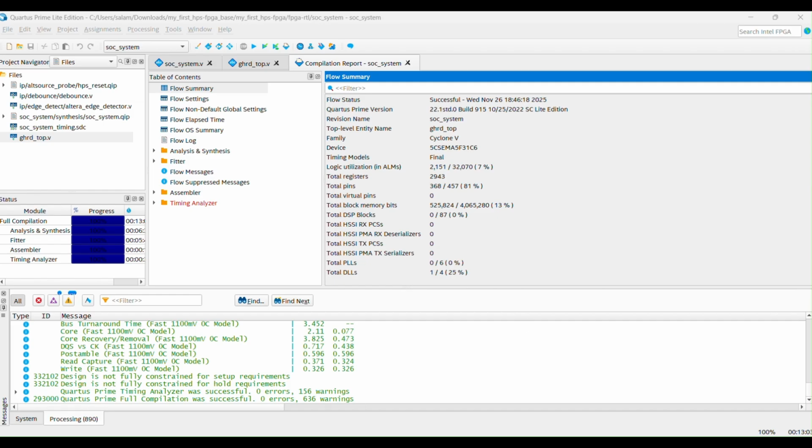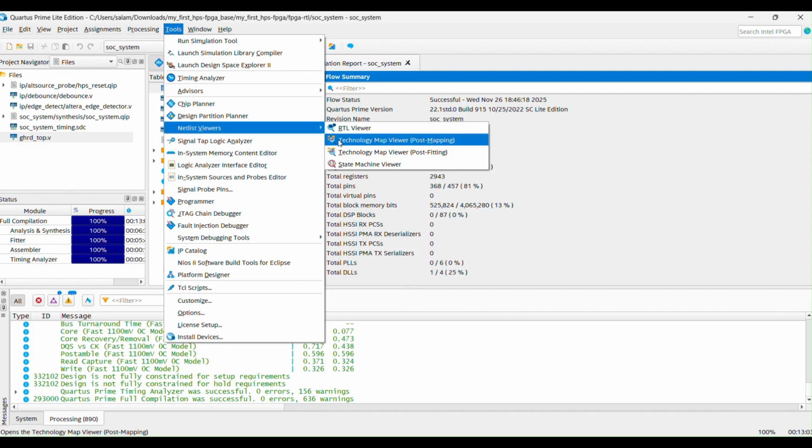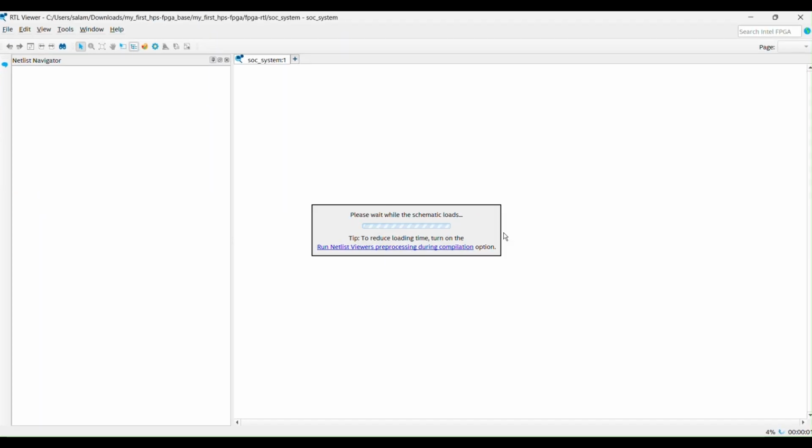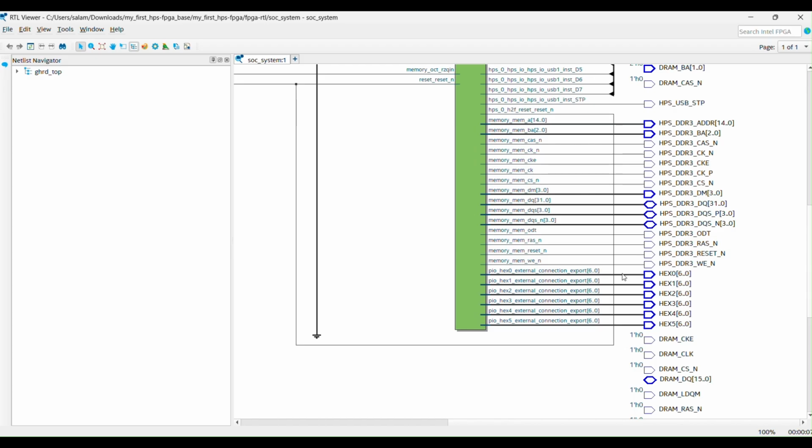All right. Right now we are done with it. So if I go to the Netlist RTL Viewer, we'll generate the design. We can see from here the design has been connected to the 6 seven-segment displays. This is the first one, the second, third, fourth, fifth, and sixth. All right. So our next part will be